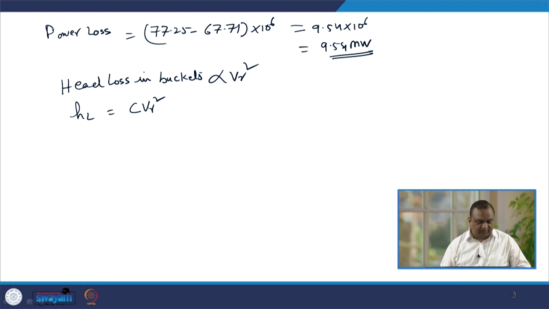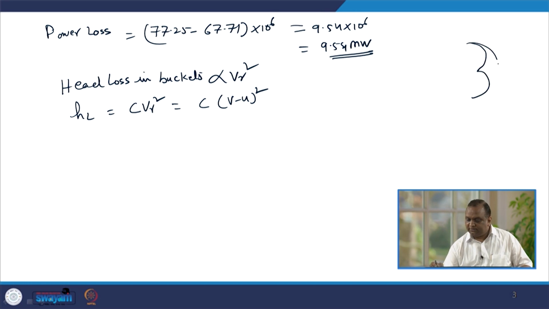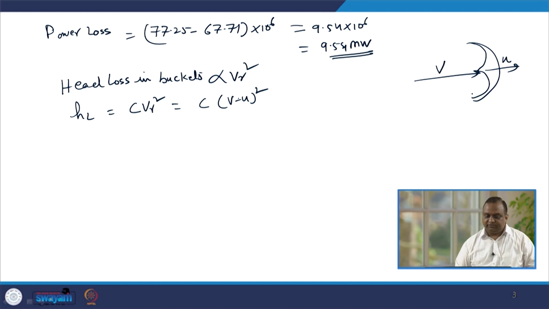VR is relative velocity at inlet, right, and that is going to be C (V minus U) whole square, because in a Pelton wheel, if you remember, the shape of the bucket is like this and the jet is striking in the middle of the bucket and the bucket is also moving in this direction. So, if the jet is striking with velocity V and bucket is moving with velocity U, then the relative velocity is V minus U,